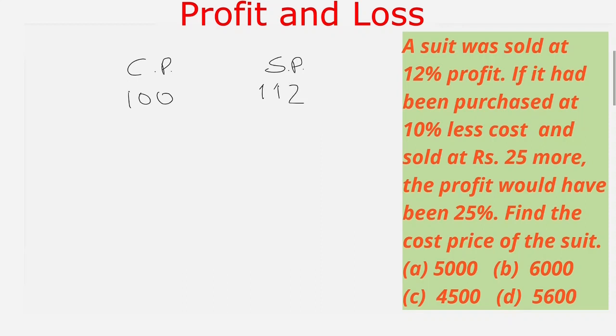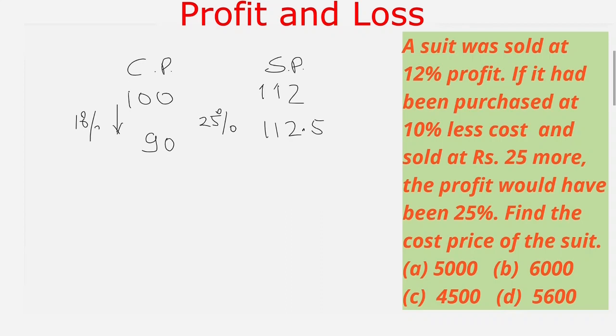If it had been purchased at 10% less cost, then 10% on 100 is 10 and 100 minus 10 is 90. Then the new cost price would have been 90 and 25% of 90 is 1/4 of 90, which is 22 and a half. 22.5 plus 90 is the new selling price, which would have been